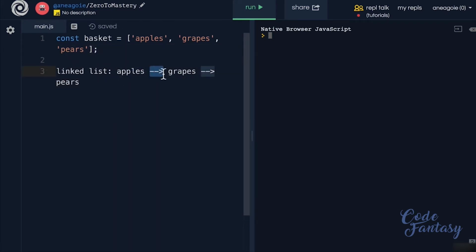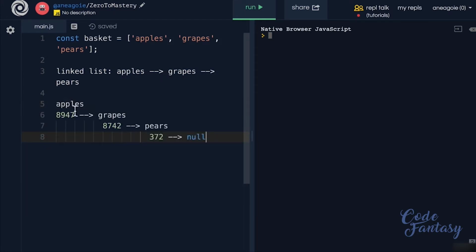And these little arrows are essentially pointers saying apples to grapes to pears. Remember, this isn't actually code. I'm just creating a nice diagram for you. A more accurate diagram might be something like this, where we have apples in memory space of, let's say, A947,